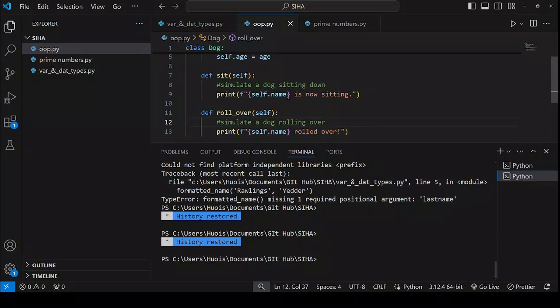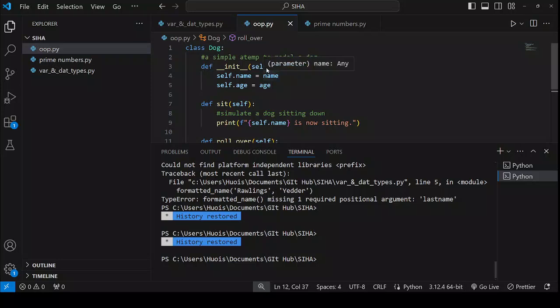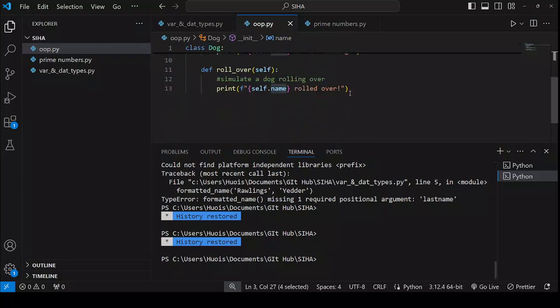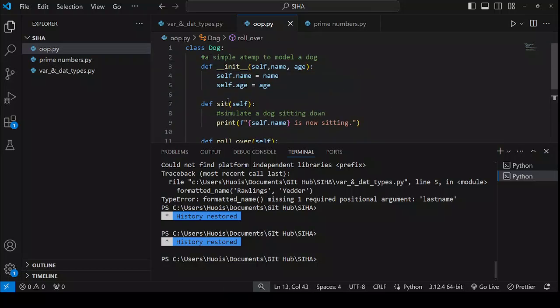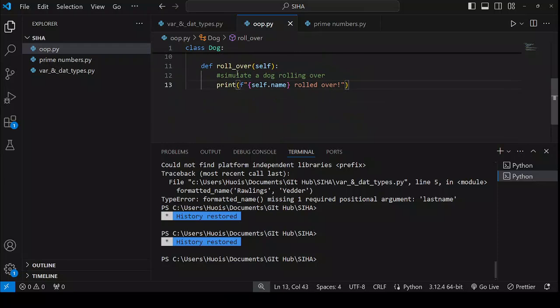This self.name here is going to carry the value of the parameter that you pass inside. So now my dog can do two things. If I created a new dog, the dog can sit. The dog can roll over. So now how do I